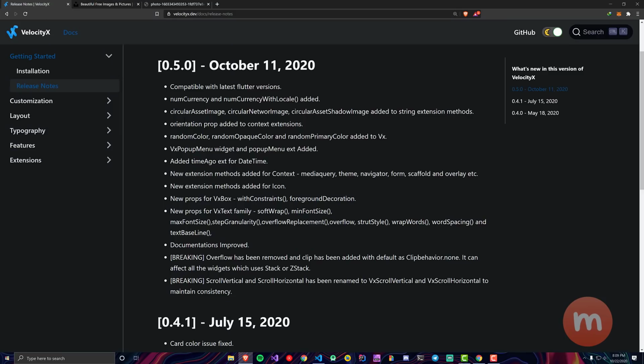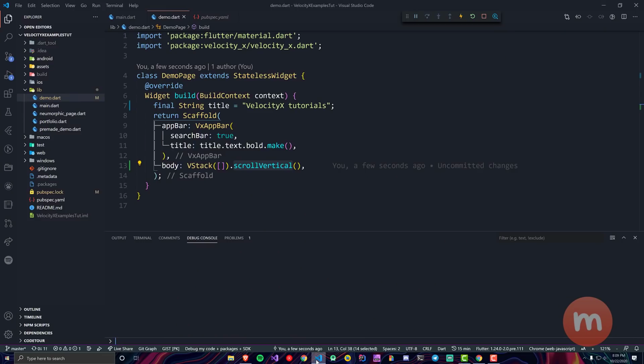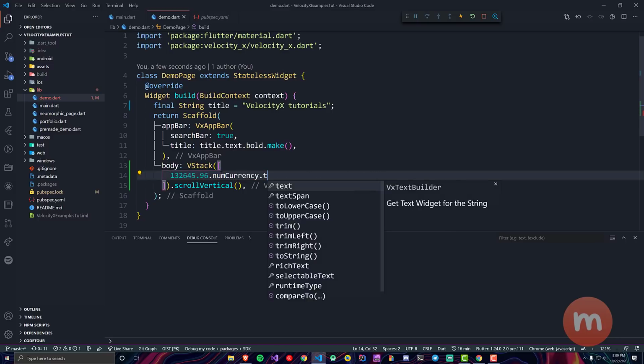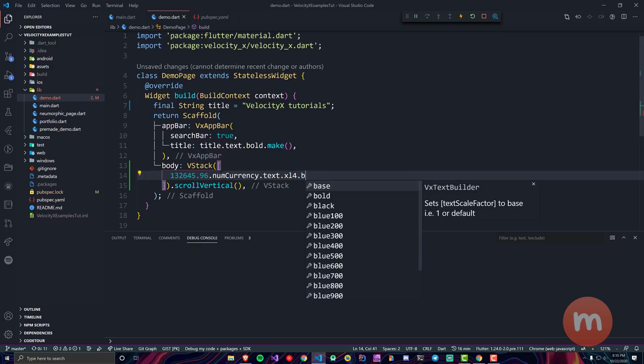Now going back, the first thing which has been introduced is num currency and num currency with locale, and I'll show you how it can be really useful. So let's say you have a number over here, let's say 1,32,645.90.96, and now you have to convert it as a currency. So you can use dot num currency now with VelocityX, and let's say dot text, dot excel4, dot bold,